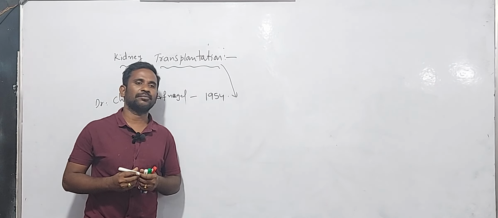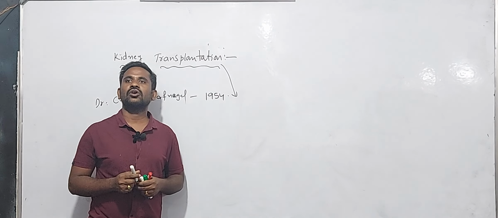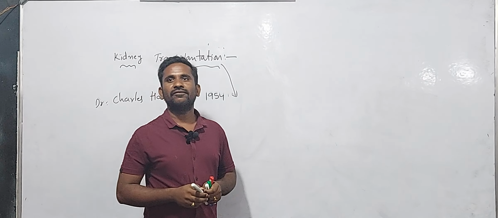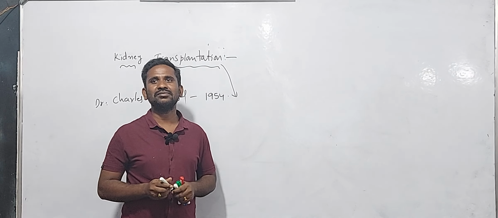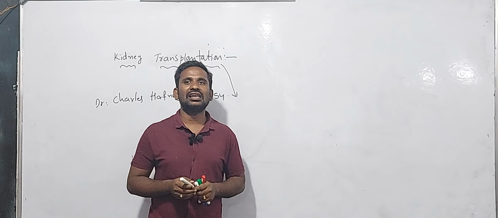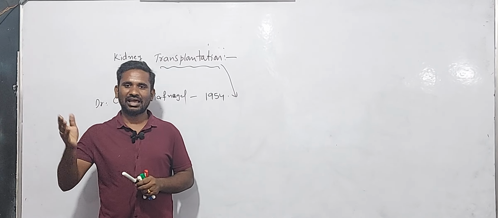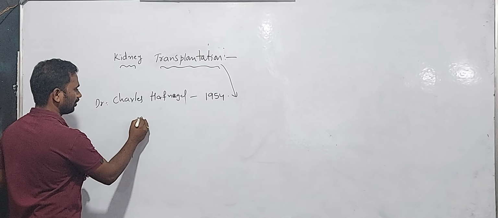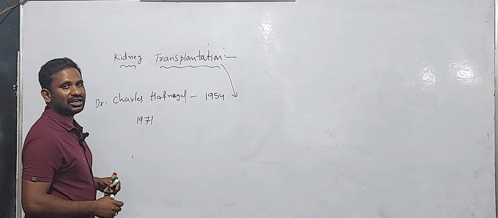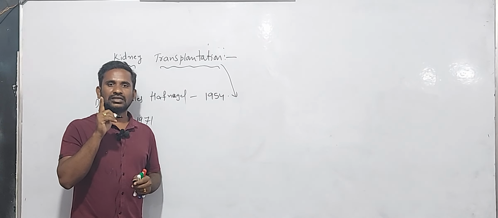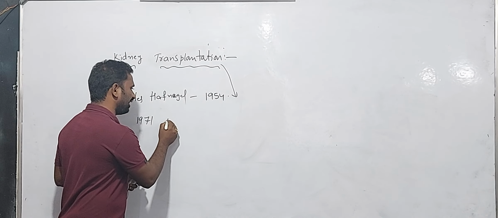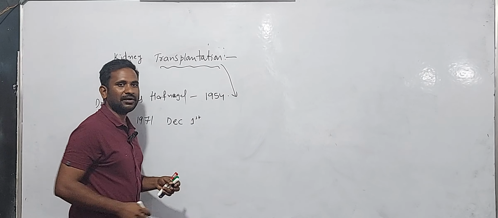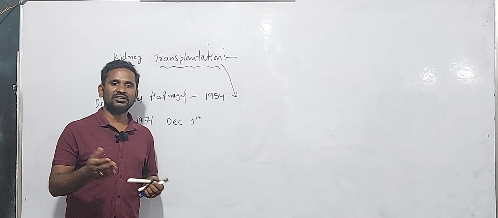He is a person from USA, Washington DC. He worked in India at CMC Vellore, Christian Medical College, Vellore in Tamil Nadu. In 1971, the first kidney transplantation there, on December 1st, he performed the